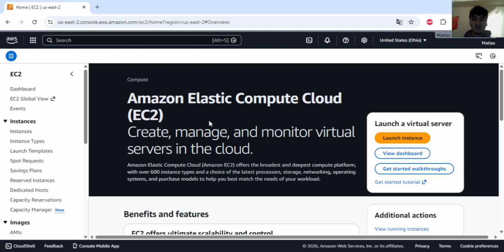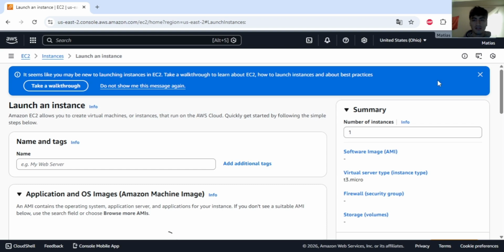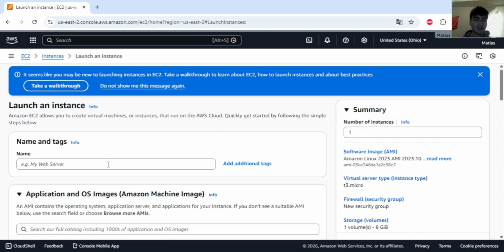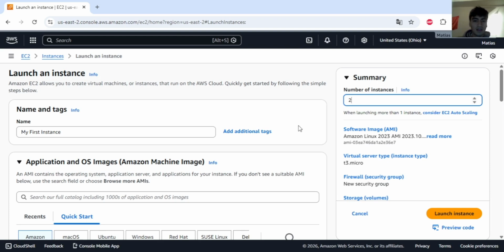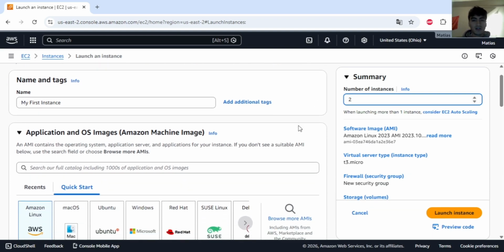So to make a summary, basically to create an EC2 instance, or Elastic Compute Cloud, first we will click on launch instance, and as you can see, we will have to put the name of our instances. I will put my first instance, and on the right side of our dashboard you can see that we can put a different number of instances. So first I will put 2,